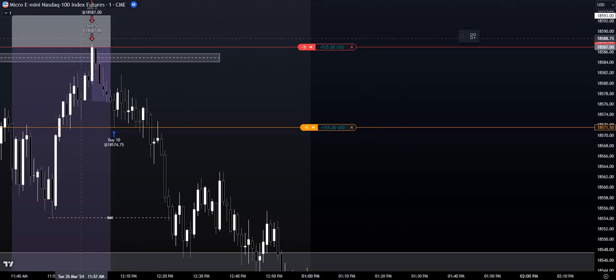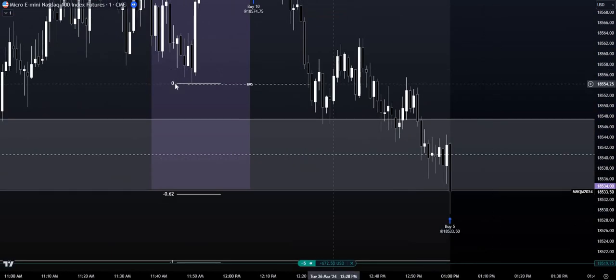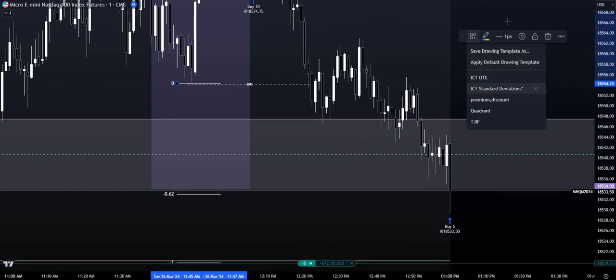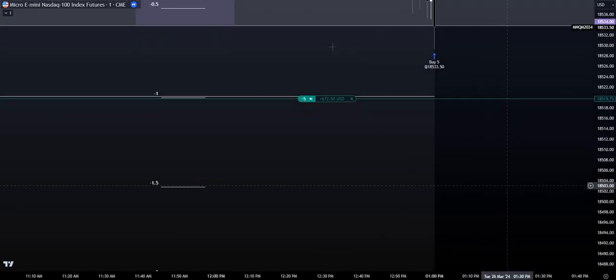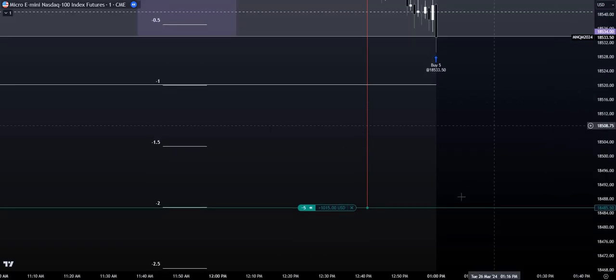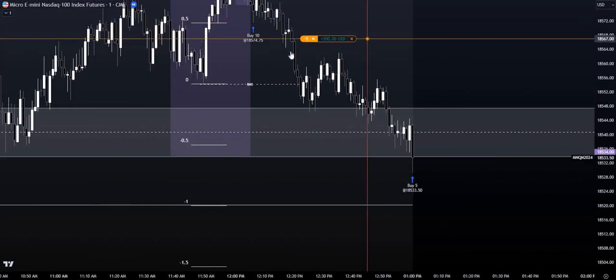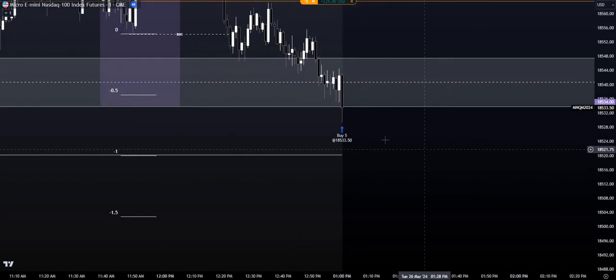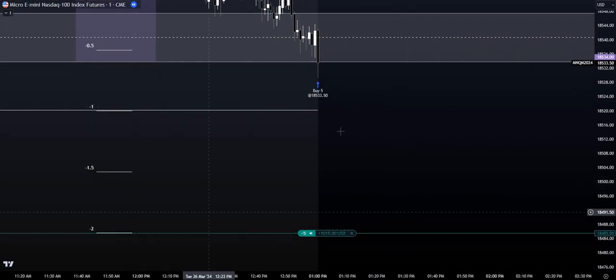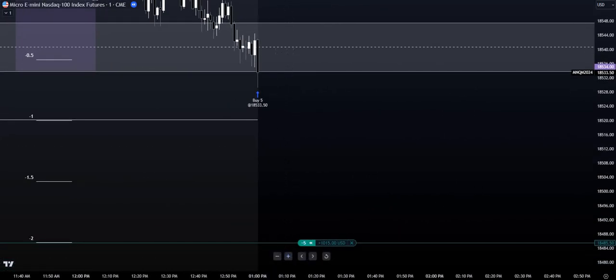We anticipate the most recent manipulation move, or the first manipulation move. Because of that, it's going to be going from there to there. Standard deviation, we want to be looking at least a -2. If we can get down all the way to -2, alright, and we can maybe even move our stops to most recent swing high, or most recent intermediate term high. If we can get down to -2, that is going to be our take profit. Okay, so let's see what price is going to do.